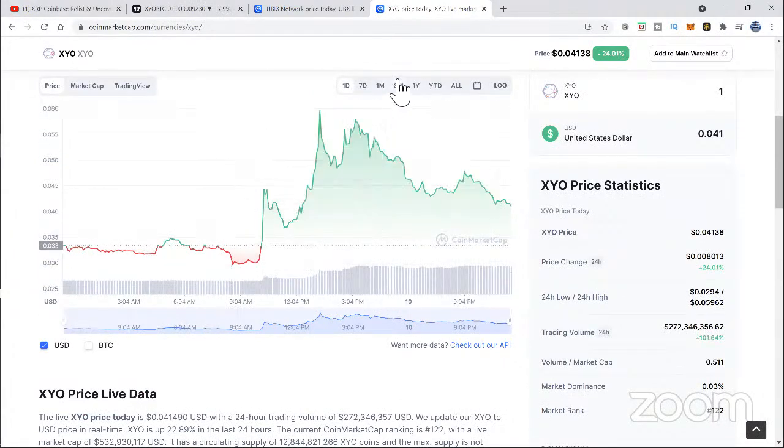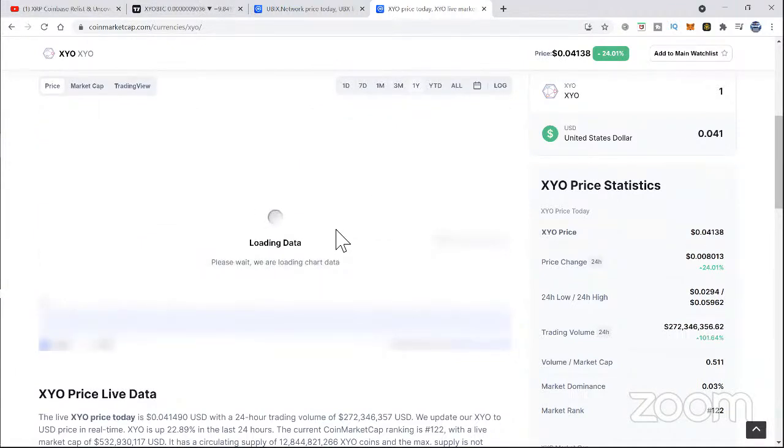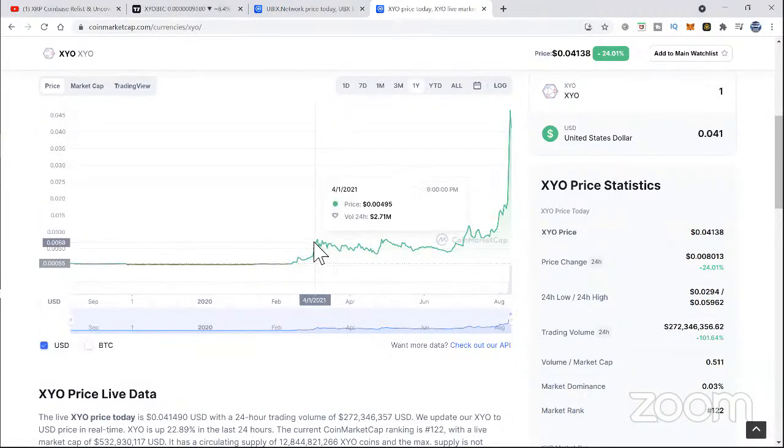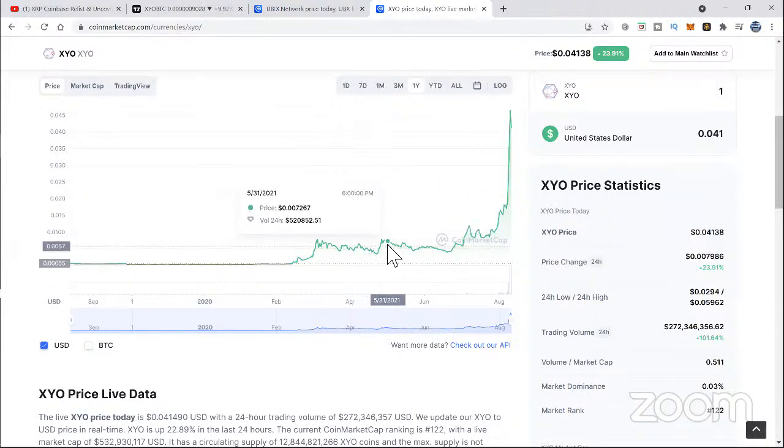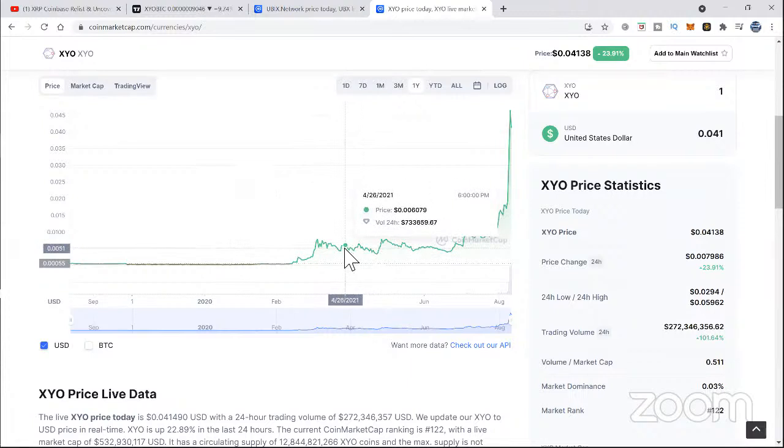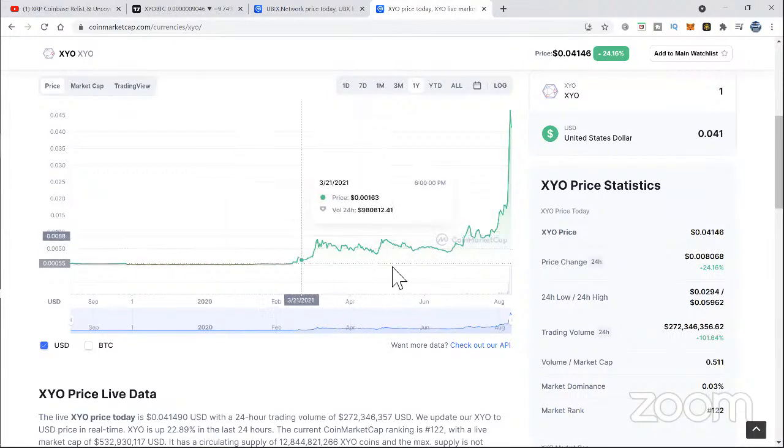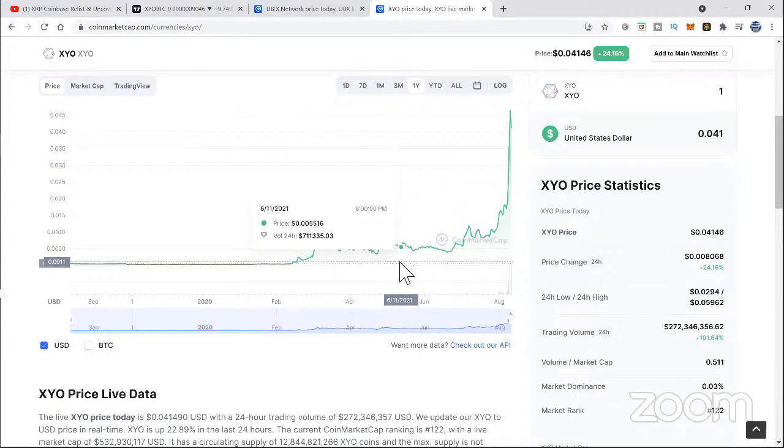And let me just go to the last and put the year on. So this year, look at that beautiful chart. On April 14th, this was around this right here. So on April 14th, we were at 0.006. Okay, so at around half of a penny. 0.005, 0.006, 0.004. So all of that, April, May, we were around those price actions where you're hitting double zeros,